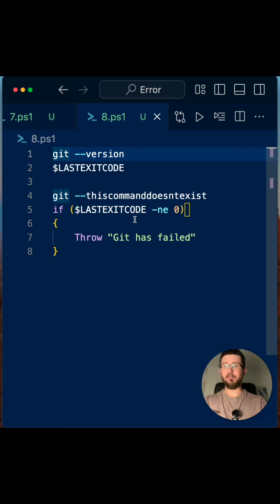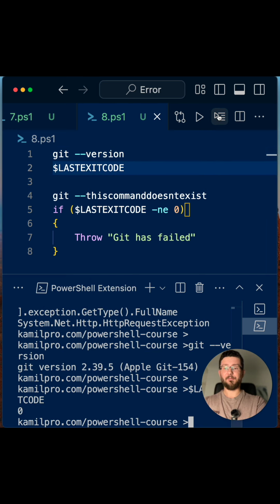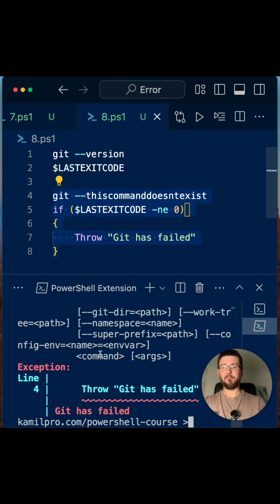And finally, handling application errors, because application errors rely on exit codes. PowerShell by default understands that exit code 0 is a success and any other is a failure, which we know might be true, might not. So let's, for example, look at Git here. As we can see, I have Git installed. And if I do LastExitCode, I have exit code 0. But then if I do this part, we can see that that command doesn't exist. And at this point, the exit code is not